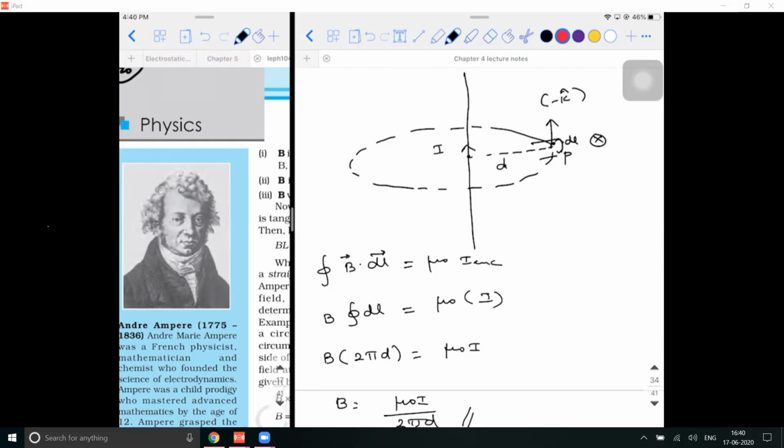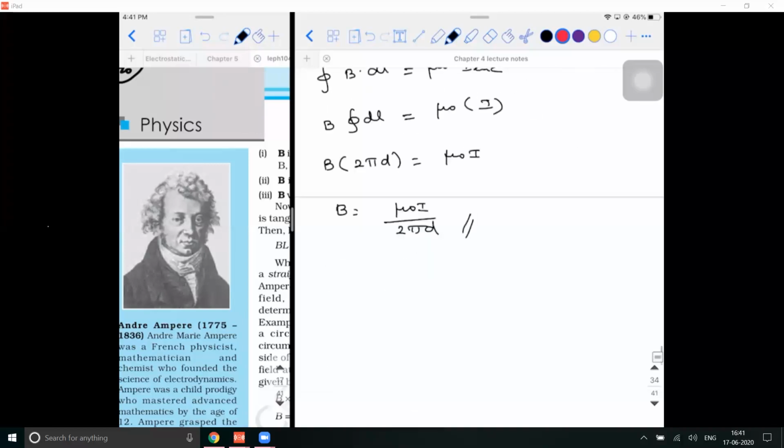See that I'm repeating it again. Don't get confused. To find the direction of magnetic field due to a current carrying conductor, right hand thumb rule. To find the direction of force experienced by a current carrying conductor, Fleming's left hand rule. So in this chapter, there are only two rules. Fleming's right hand rule comes only in the 6th chapter. So master them. So mu naught I divided by 2 pi into d. Okay.